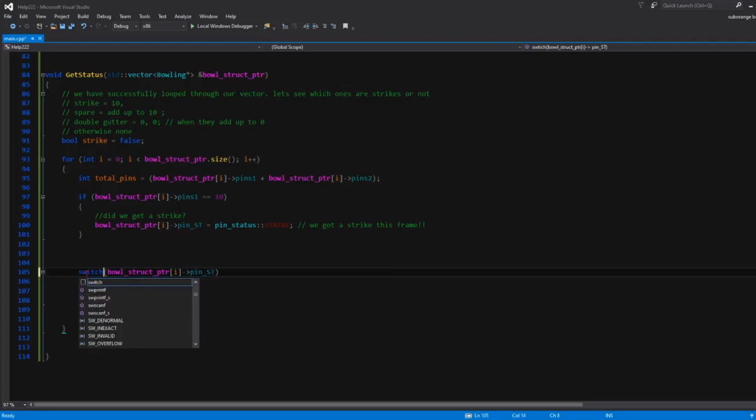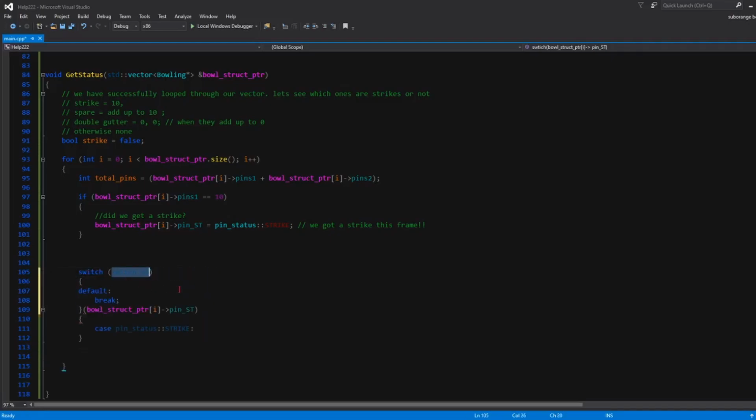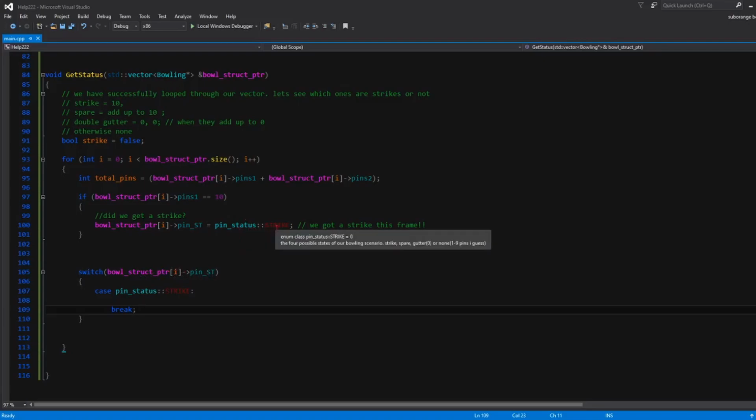I spelled this wrong, that's right. Whoa. So now we have a type for this, so now we're going to pass in our type of this frame and see what state it's at. Is it the strike state? Is it the spare state? Is it etc.? For now we've just done the strike state,